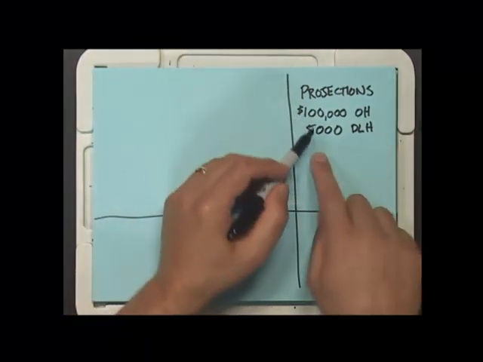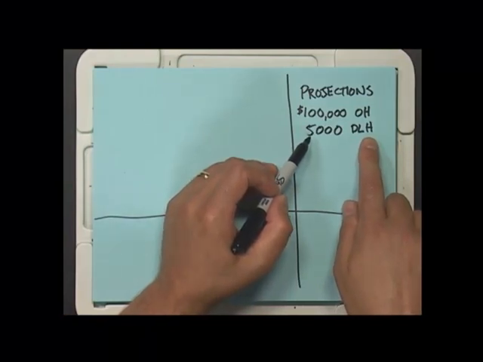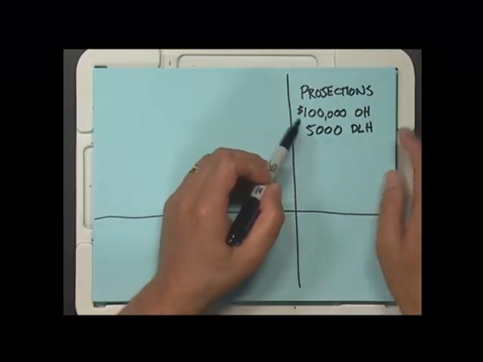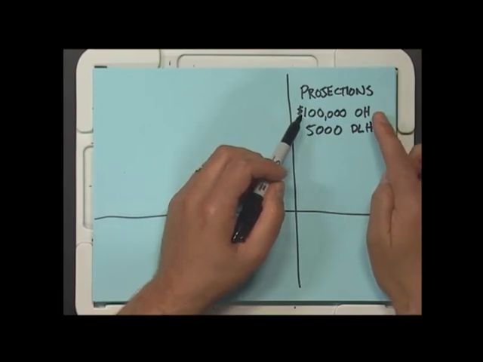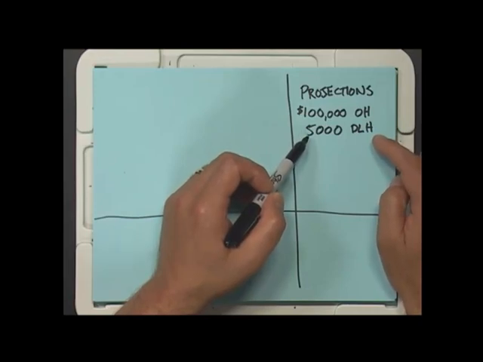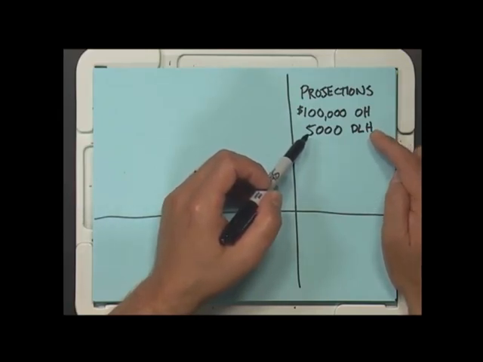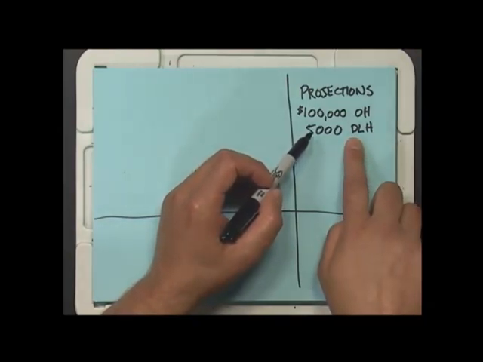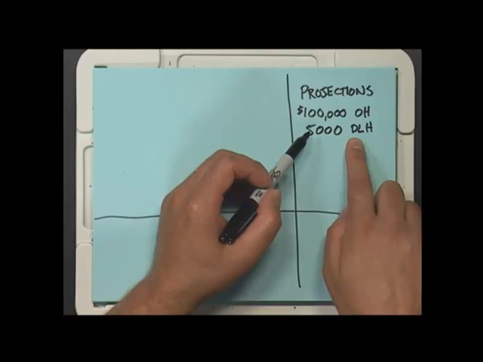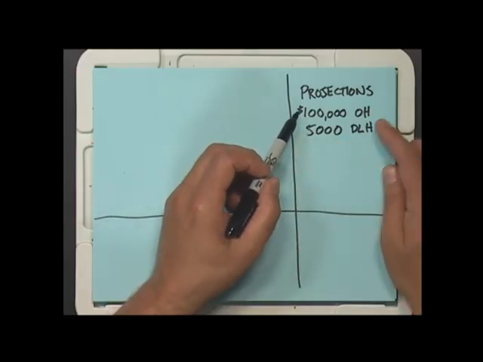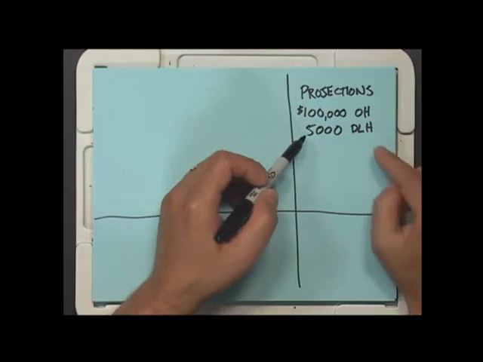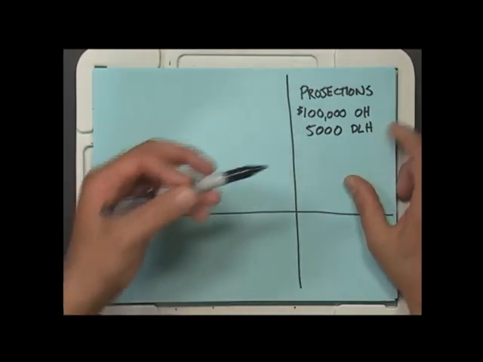What we're going to do is, now this 5,000 hours projection, that's called our activity base. We think we're going to spend $100,000 on indirect costs, overhead costs, and we think we're going to have 5,000 hours of direct labor, which means that now we have something that we can identify on a job-by-job basis. Direct means that when someone works an hour, we know which job they're working on because we're recording that. We're going to divide the projected overhead by this activity base,